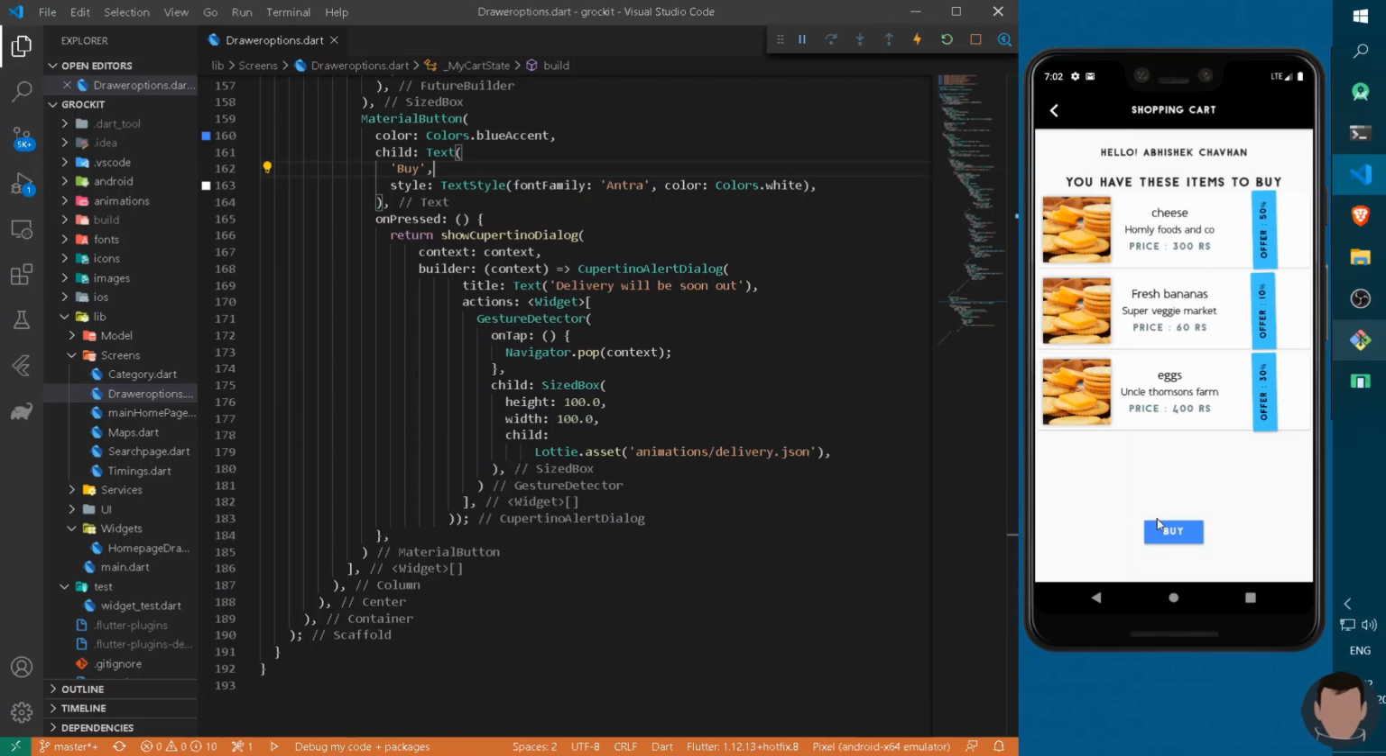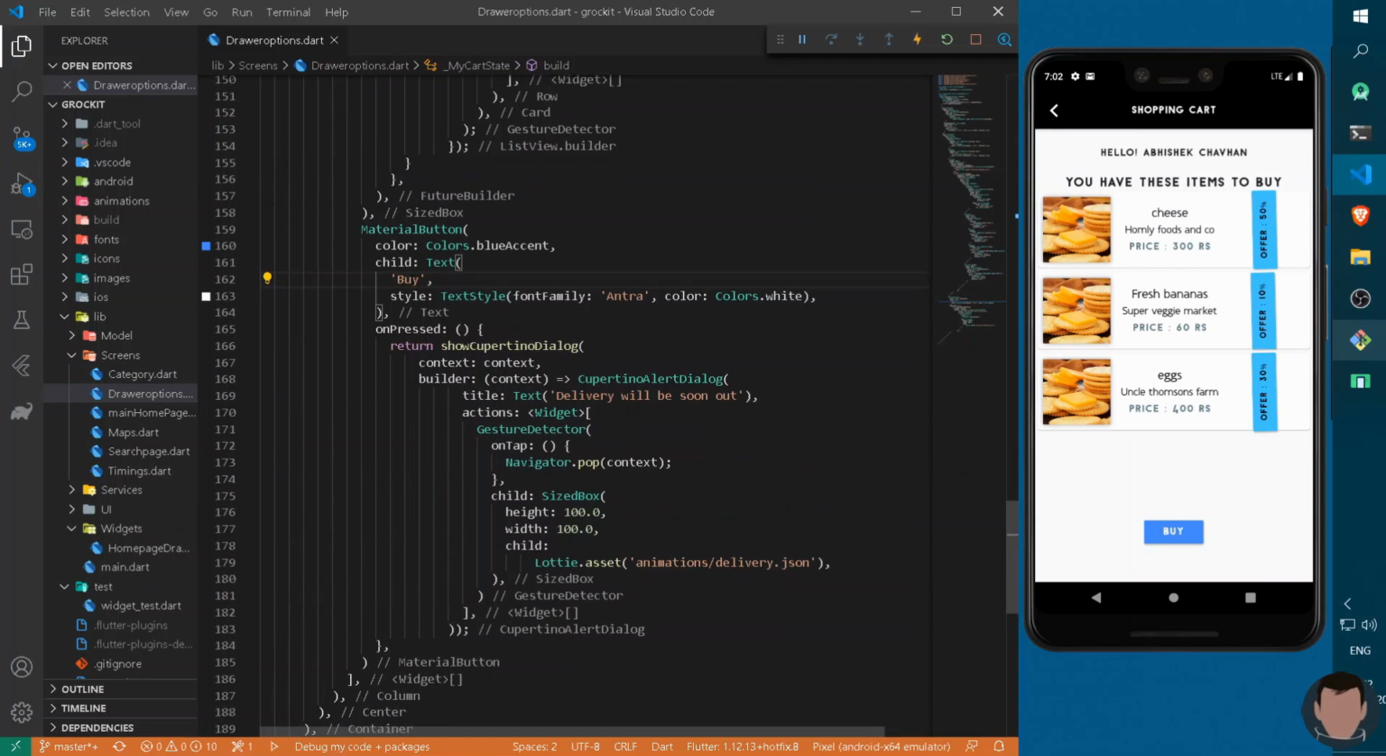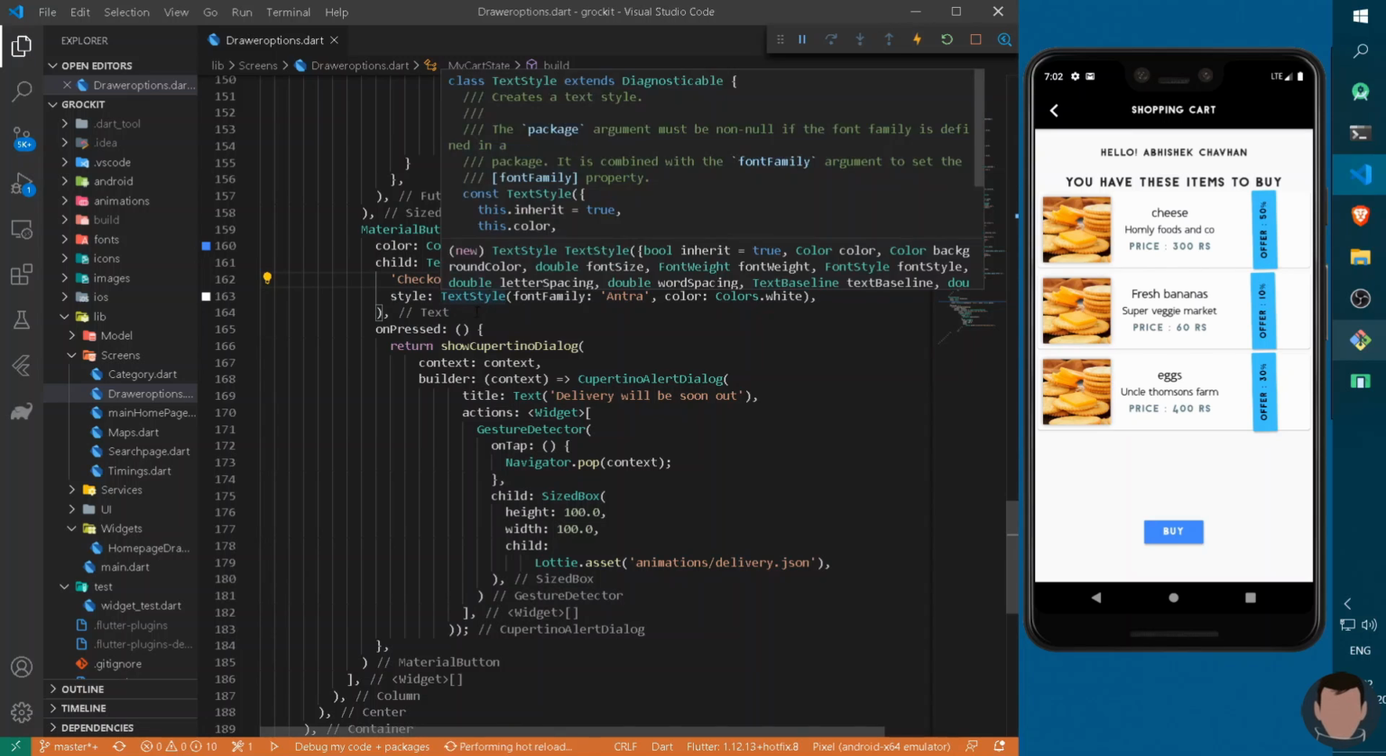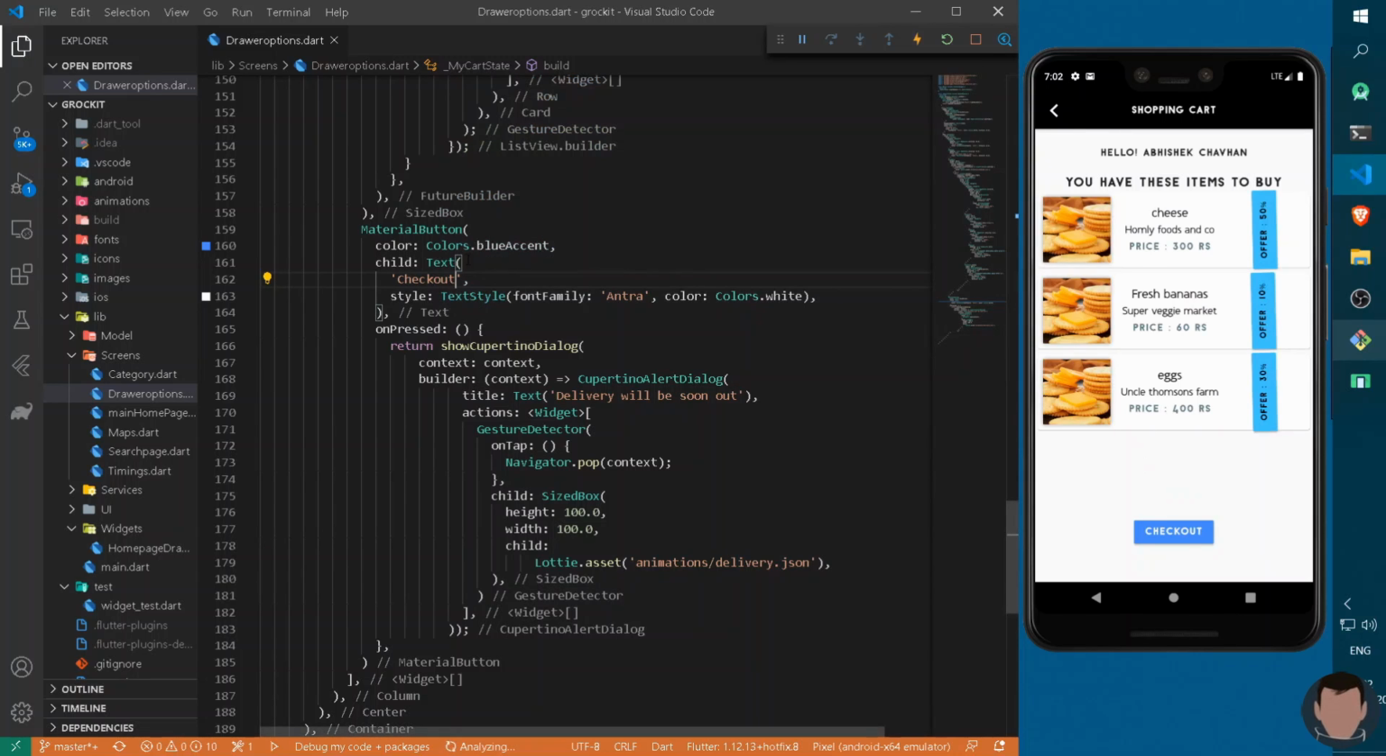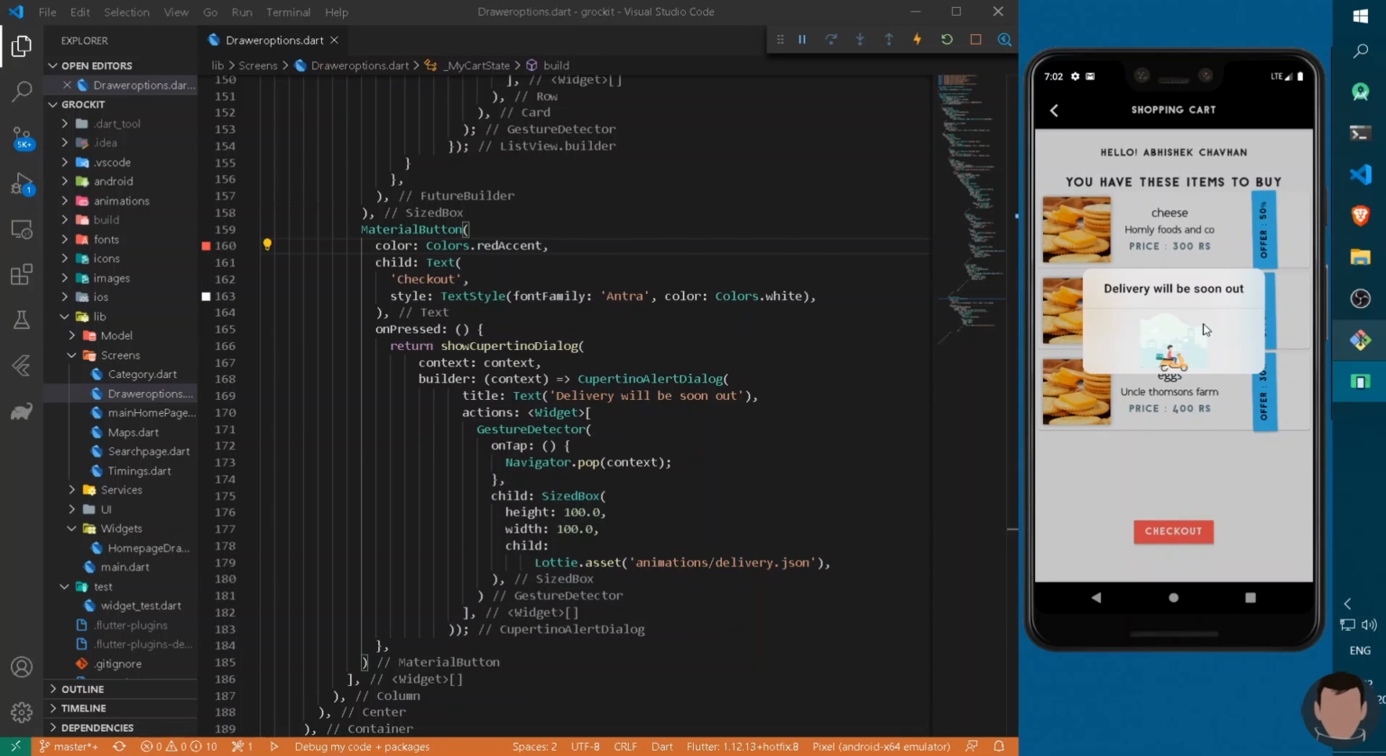Now suppose this is our shopping cart, press buy. Now instead of buy, let's type here checkout for some more professional way. Okay, we want to check out. Let's change its color to red accent. Cool. So after pressing checkout, you will be seeing a small delivery animation with a pop-up with written delivery will